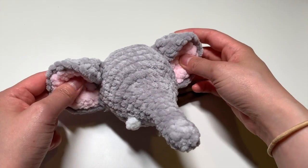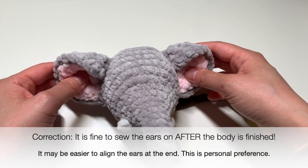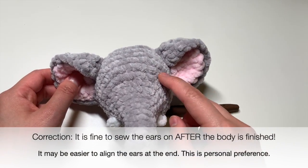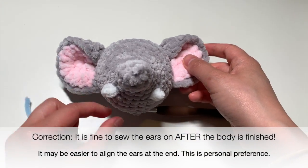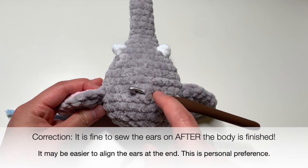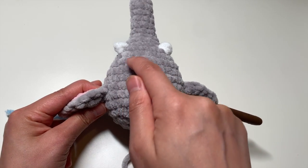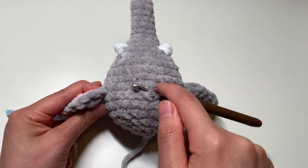At this point, you will have created the head and the ears are sewn onto the head already. The reason why you want to sew the ears on is to make sure your elephant's going to look balanced. And you're going to kind of eyeball the part where you want to have the body or the neck area